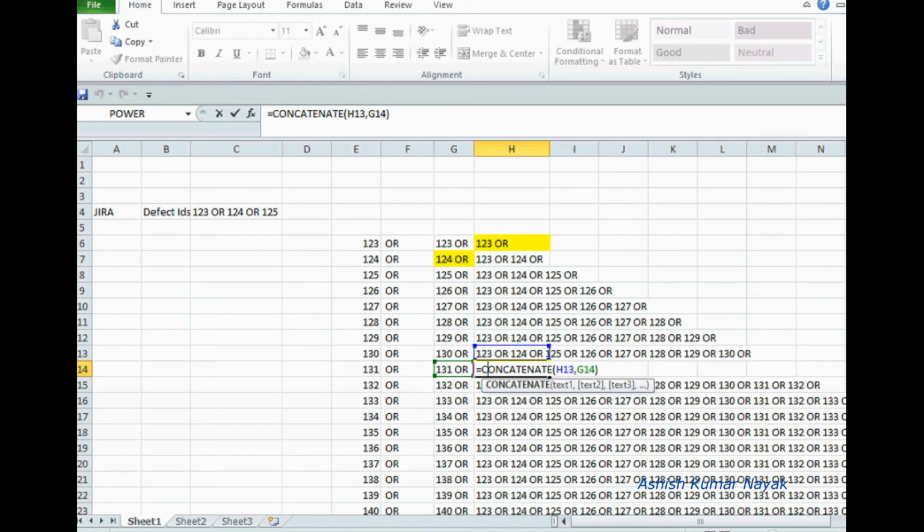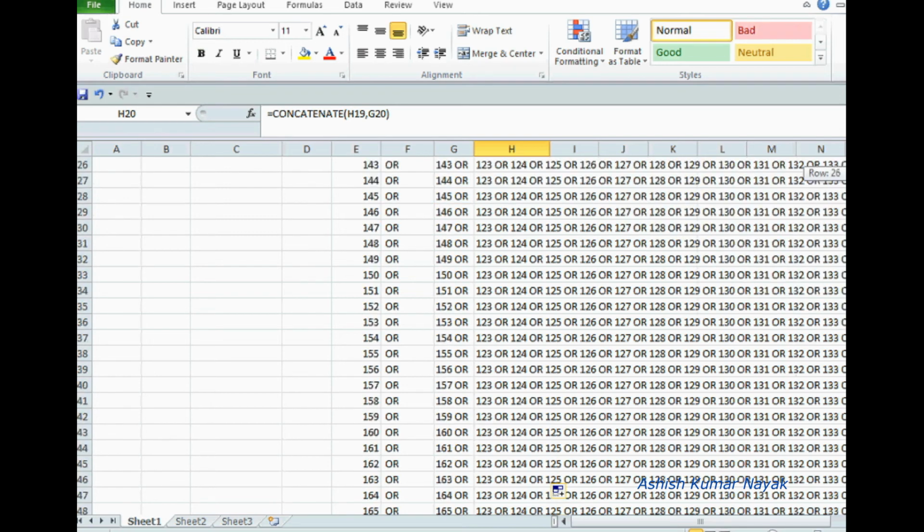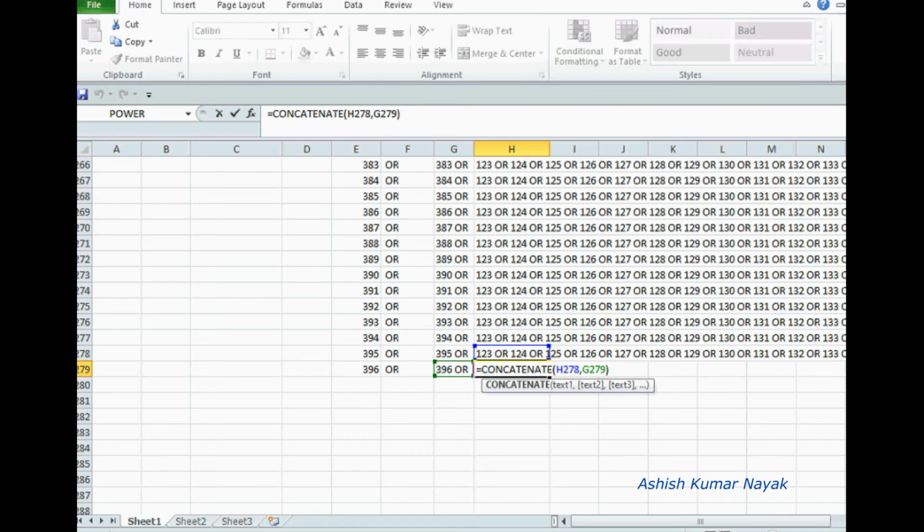So this is taking the previous one, H13 and the left hand side bottom G14. See the next one more. This value is taking H19, G20. So similarly all the rows till the end. See this value, double click, it is taking H278 and G279.